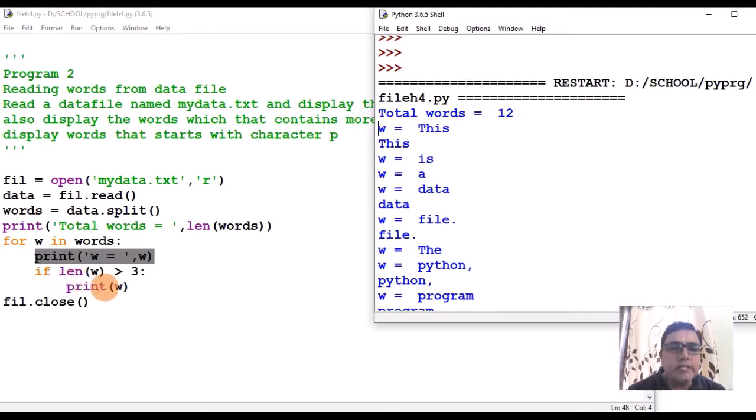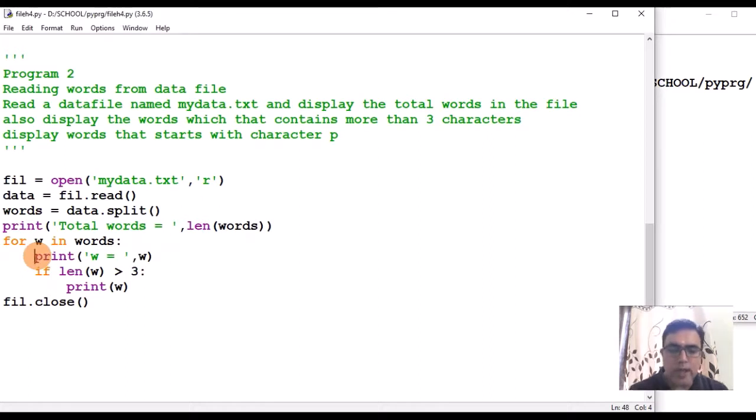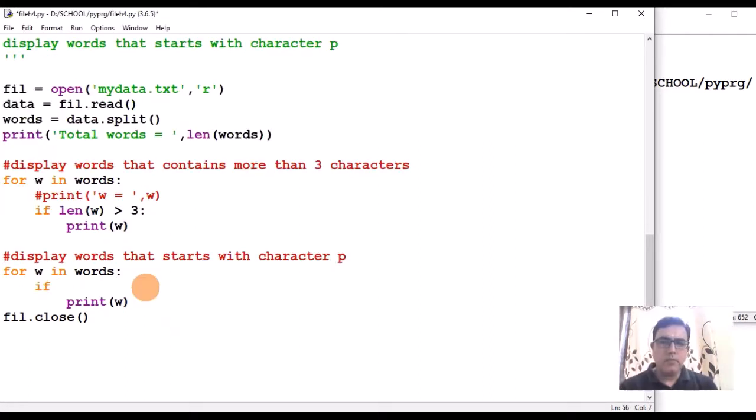So this print statement, print W again, is not executed here. See, this was displayed 2 times, whereas here it has not displayed that word because the length is not more than 3 characters. Okay, likewise it has processed the whole file. I'll make it a comment.